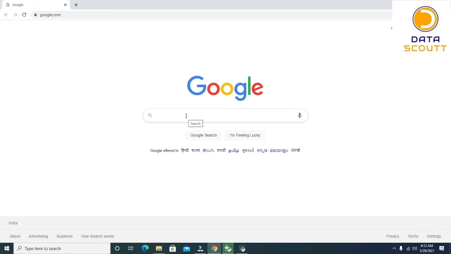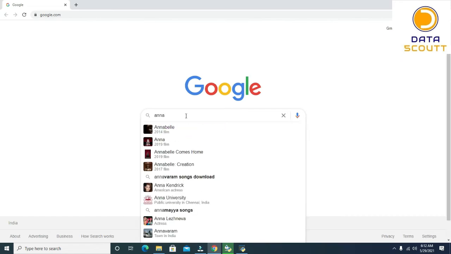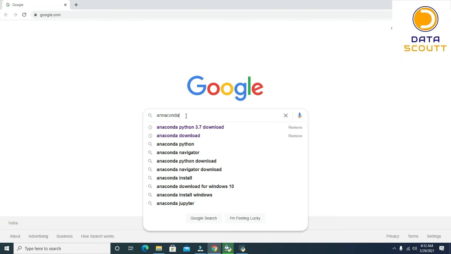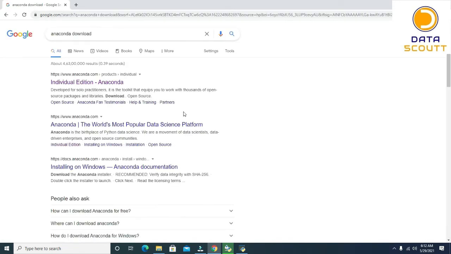What we want is an editor with which we can write our Python programs. To do that, we will install Anaconda. So let's type Anaconda. You can see Anaconda downloads. When you see this first link, Individual Edition, let's go and click on this.